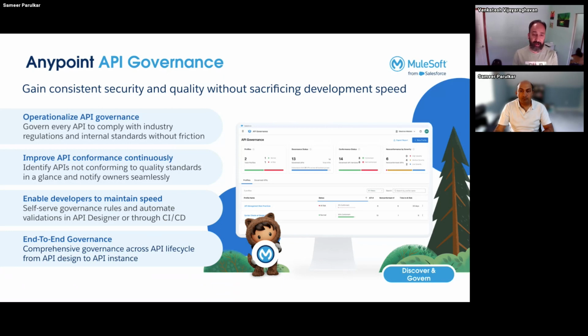Specifically, assess APIs that are in your catalog, or assess APIs that you might have built elsewhere, and assess APIs in those CI/CD pipelines, but assess those APIs continuously for best practices, open API standards, or security practices, and of